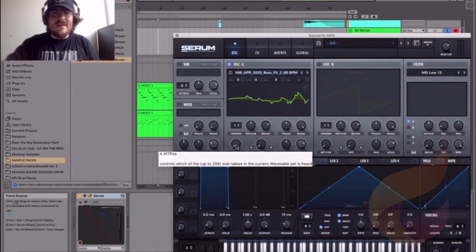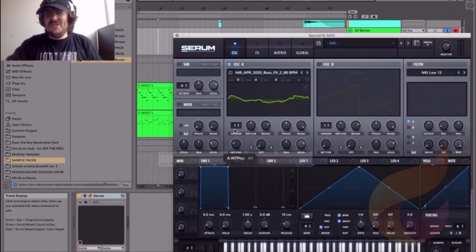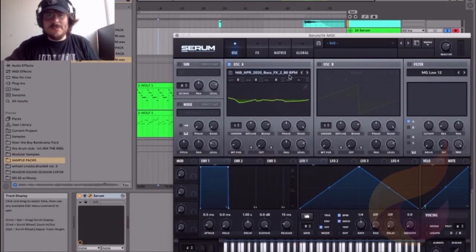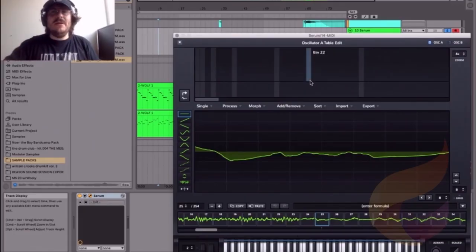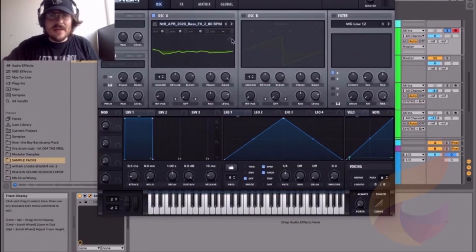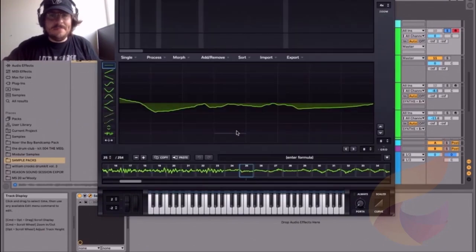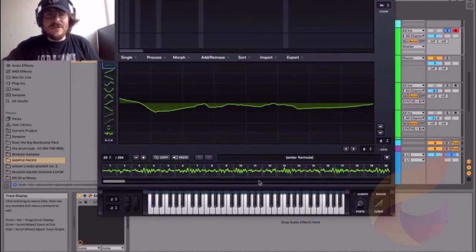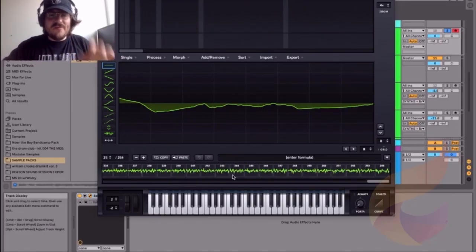And it sounds really like you're just scanning through a sound when we adjust this wavetable position. So the way to make it musical is to go into your wavetable editor. And once again, how you get to that, you just click this little pencil button, boom, pops up. And what you're going to do is you want to get the most interesting 20 to 30 frames of